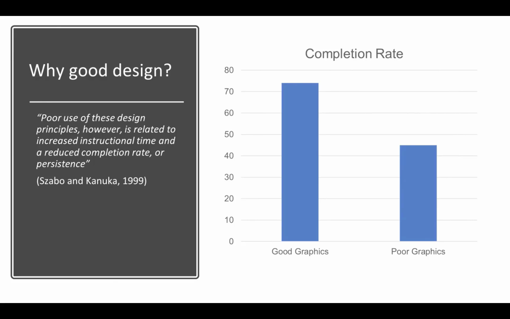A study by Savo and Kanuka at the University of Alberta was conducted to determine if screens that employ accepted principles of visual design influence the learning process. Although there was no significant difference in achievement scores between the lesson that contained screen layouts using good design principles compared with the lessons that contained screen layouts not using good design principles, the data revealed that there was a significant difference in time to complete the lesson, favoring the group using the lesson containing screens that use good design